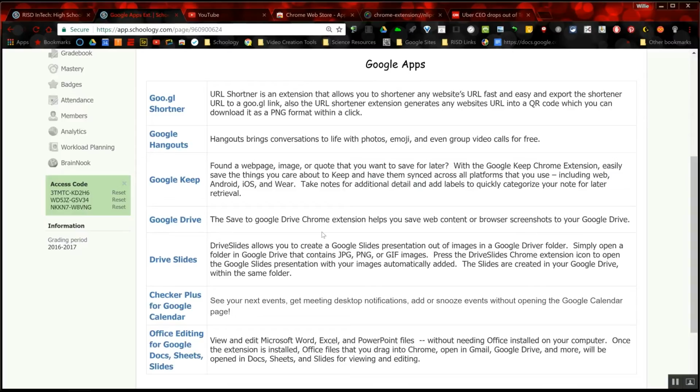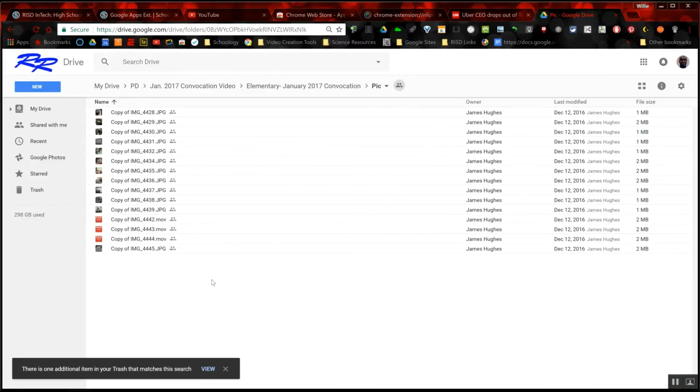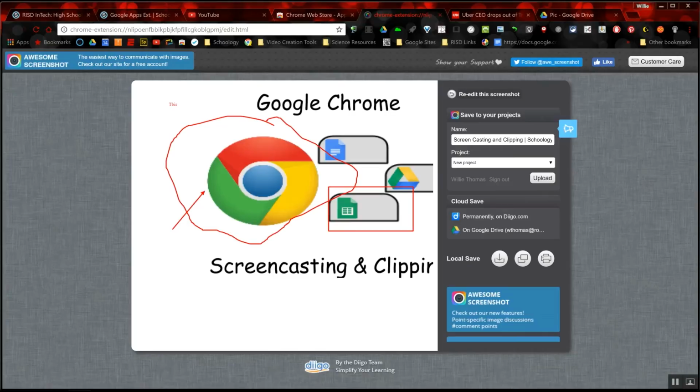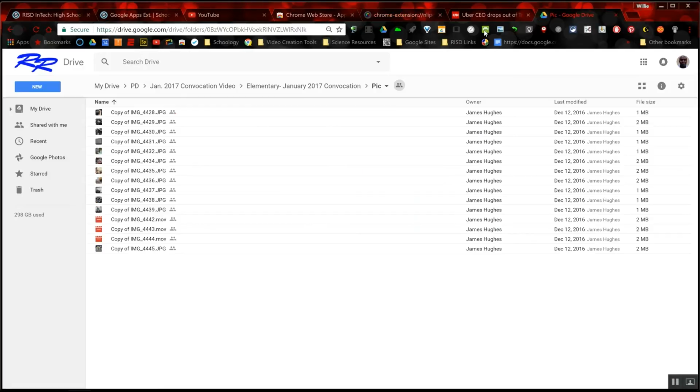The next one, which is a real popular one too, is Drive Slide. What Drive Slide does is when you are having to put together a presentation with all these different pictures in it, you can come in here, and as you can see, I'm in a folder that has pictures in it already, and then you have the Drive Slide extension that lights up. When I'm not on a folder with pictures, the Drive Slide extension goes away. So I'm going to go back to my folder with pictures, and when I click on the Drive Slide extension,